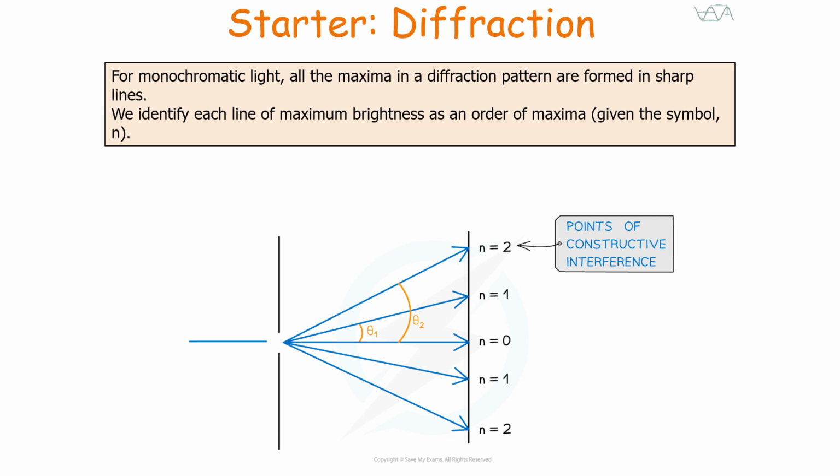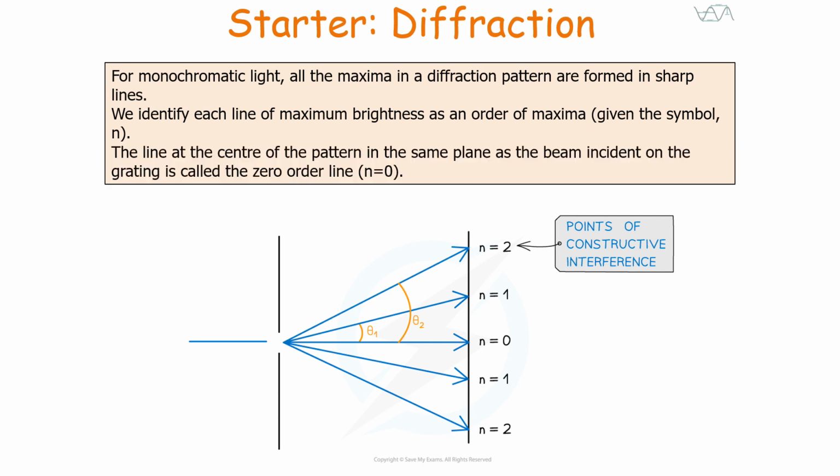Now we identify each line of maxima or maximum brightness as an order of maxima, given the symbol n. The line at the center of the pattern is in the same plane as the beam incident on the grating, so we call that the zero order line, n equals 0. You can see on this diagram the zero order line is the maximum brightness order produced at the dead